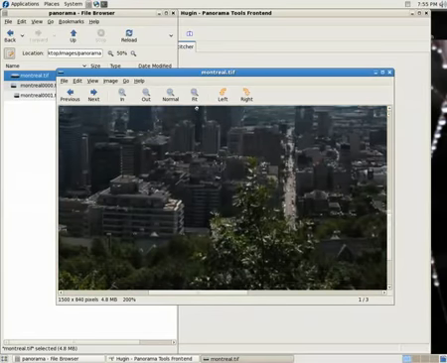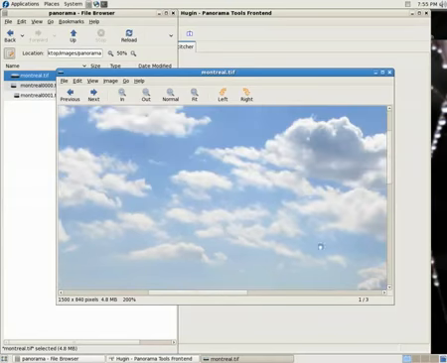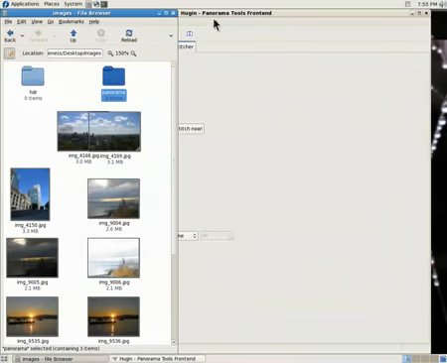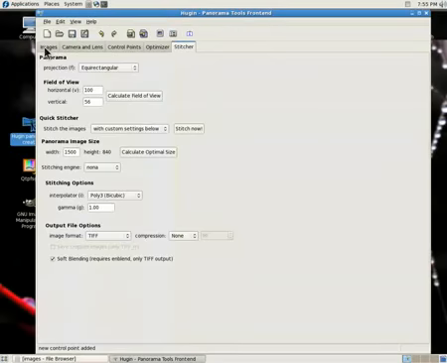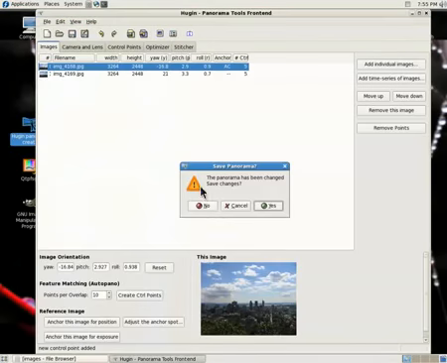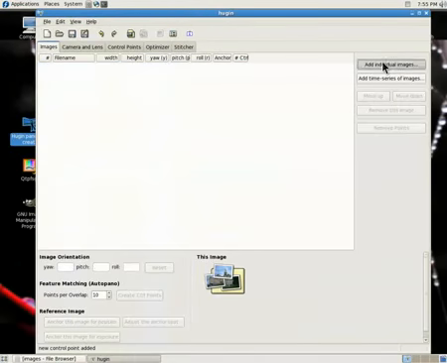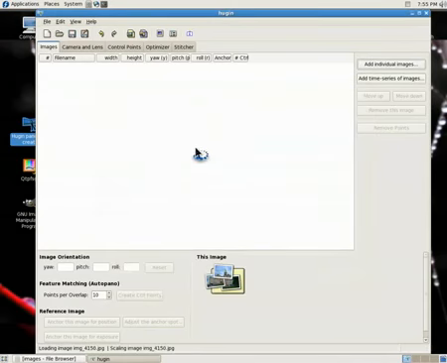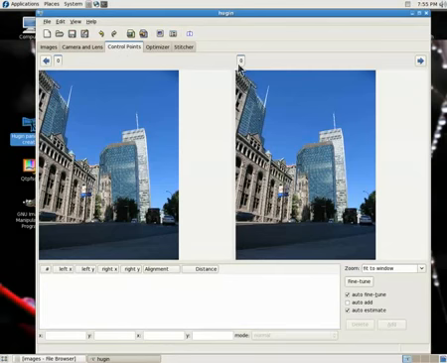You can do a lot more complex stuff with it. You can do multiple rows of images horizontally and vertically. A lot more complex stuff than what I've gone into there, but I just sort of want to do a brief look at what it does. So we'll go in, we'll have a look at what we'd want to do if we wanted to do some perspective correction. Got another image of Montreal here, and we can see that the angle I've taken the picture at